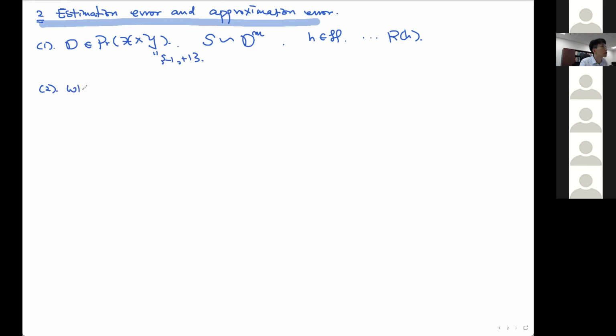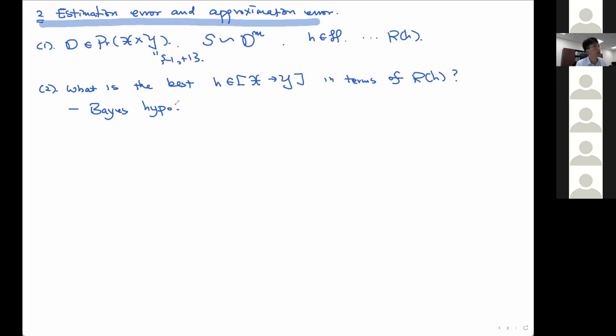So what is the best function h, going from X to Y, in terms of risk, that minimizes R of h? And we already learned this. The answer is the Bayes hypothesis,